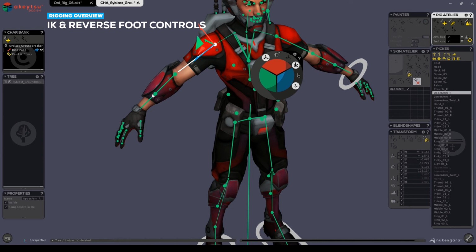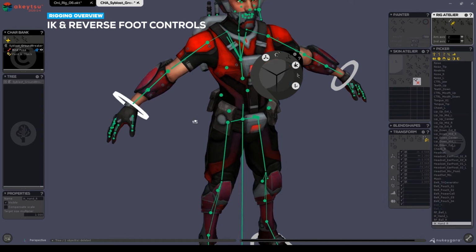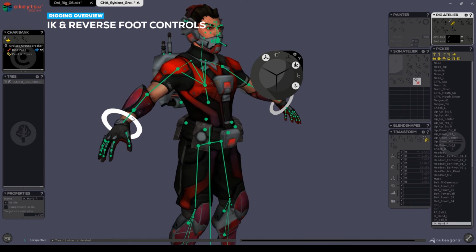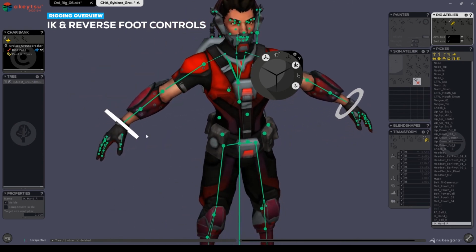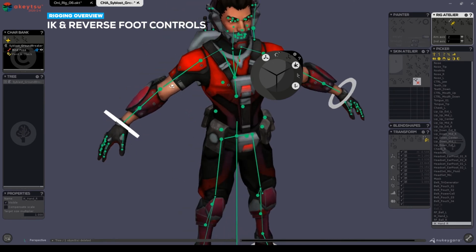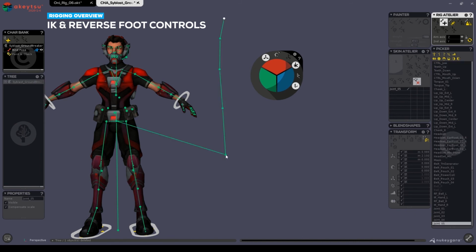IK controls are even easier. Click on the first chain and the last chain and click the IK button. You'll notice a handle automatically circles the last node, indicating you've created an IK chain. In this method, I'll build additional skeleton options. I'll build a long dynamic chain, and in this long dynamic chain, I will select the first and last control